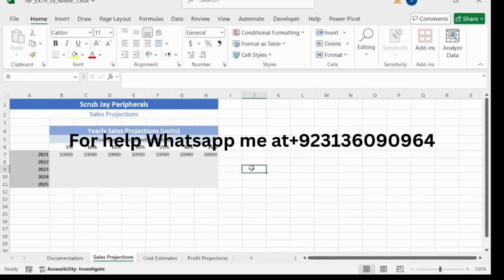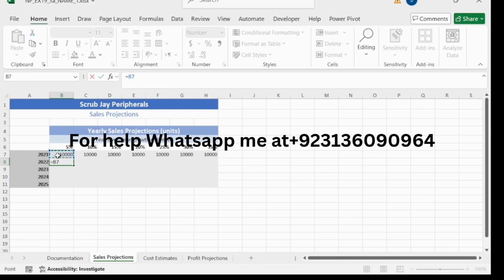So we have completed our step number 3 and now we need to move to the step number 4, and our step number 4 is in cell B8. This is cell B8. Create a formula that multiplies the cell B7. To select cell B7 plus add the value in B6.